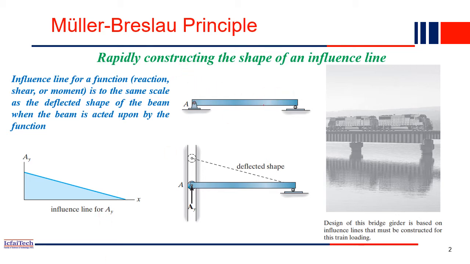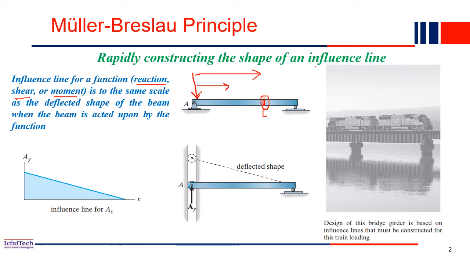So our main objective, maybe, if this is a location, we call it C, right? So if a load, maybe concentrated load, is moving from this point towards this direction, then how the bending moment at C is changing. Okay, like that. So this may be bending moment, or this may be reaction force, or it may be shear force. So whatever we are interested to find out, if we draw with respect to the unit load, if it is moving from left to right, then we call it influence line diagram, right?